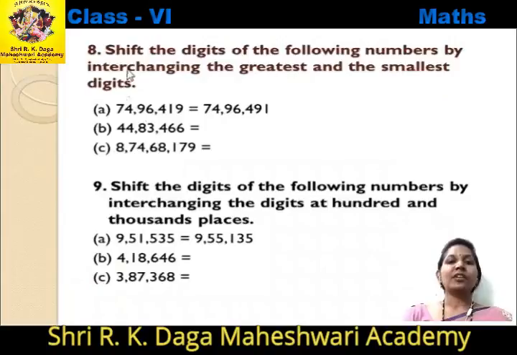In question number 8, you have given shift the digits of the following numbers by interchanging the greatest and the smallest digits. In this type of questions, we have to change the place of digits and we will form a new number according to the condition given in question. So in this question, the condition is interchanging the greatest and the smallest digits. So you can see in this question the number is